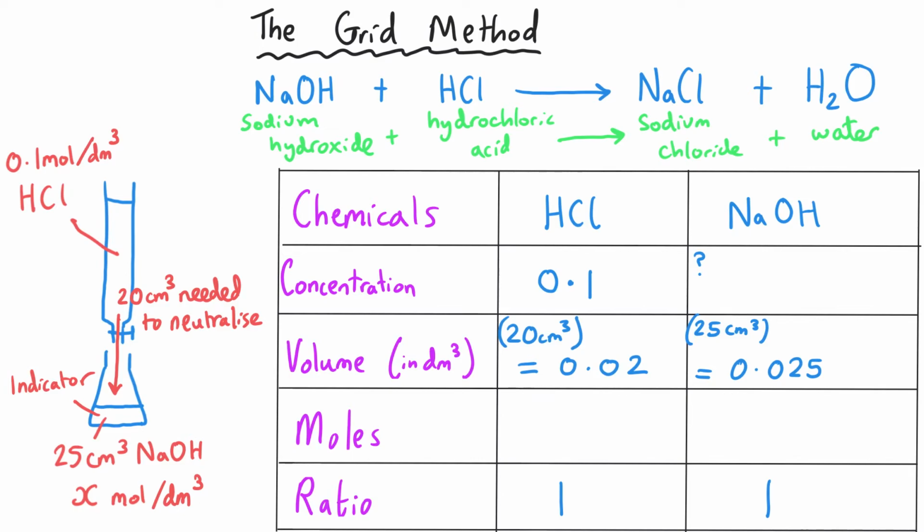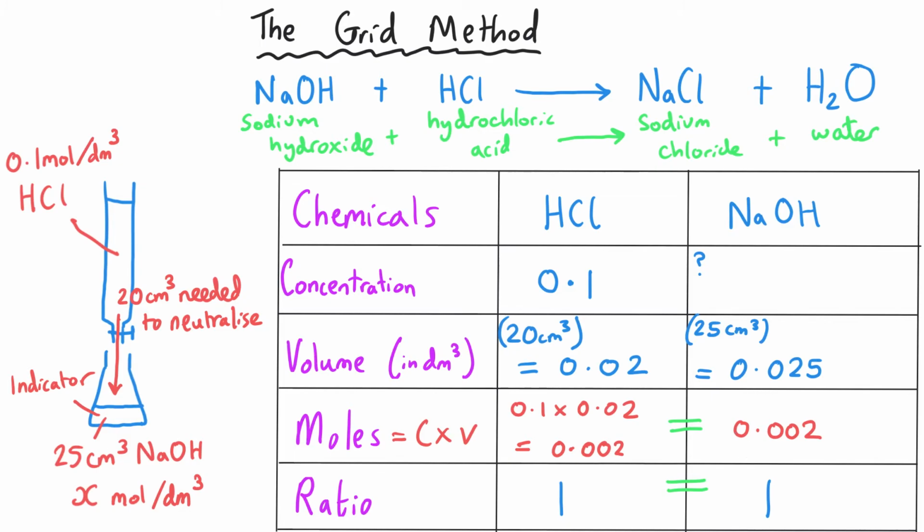So now we've put all of the information we've been given into the grid, you can see that there are a few things that we don't have. First of all, the moles of hydrochloric acid. That's job 1. Moles is concentration multiplied by volume. So our 0.02 multiplied by 0.1. And so that is going to give us 0.002 moles of hydrochloric acid. Now our ratio comes into play. 1 mole of this reacts with 1 mole of this. In other words, these 2 moles are going to be the same number. Whatever the number of moles is, they have to be the same because it's a 1-to-1 ratio from the equation. So this will be 0.002